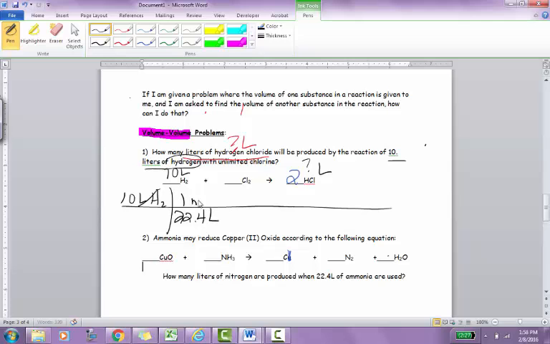22.4 liters per mole. That's what we want to get rid of. In this case, it's hydrogen. So I'll write the hydrogen in there. Okay, liters of hydrogen cancels out. Now, moles of hydrogen is what I want to get rid of because I'm looking for moles of HCl. And the coefficients that go with these two quantities, HCl has a 2 in front of it from the equation. The hydrogen is 1. It's a 2-to-1 ratio. That allows me to cancel out moles of hydrogen in favor of moles of HCl, and I have one last